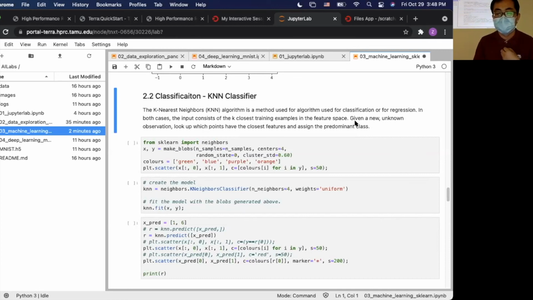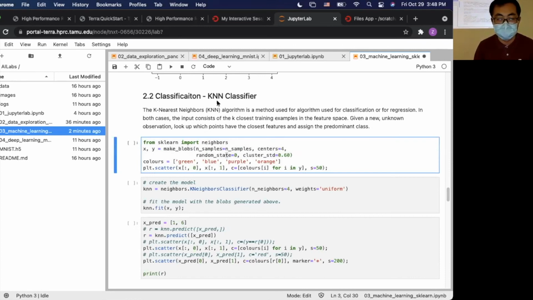And if you are given a new observation, you want to look at the points that are closest to it, and then assign the predominant class. So this is K, and K means how many neighbors.